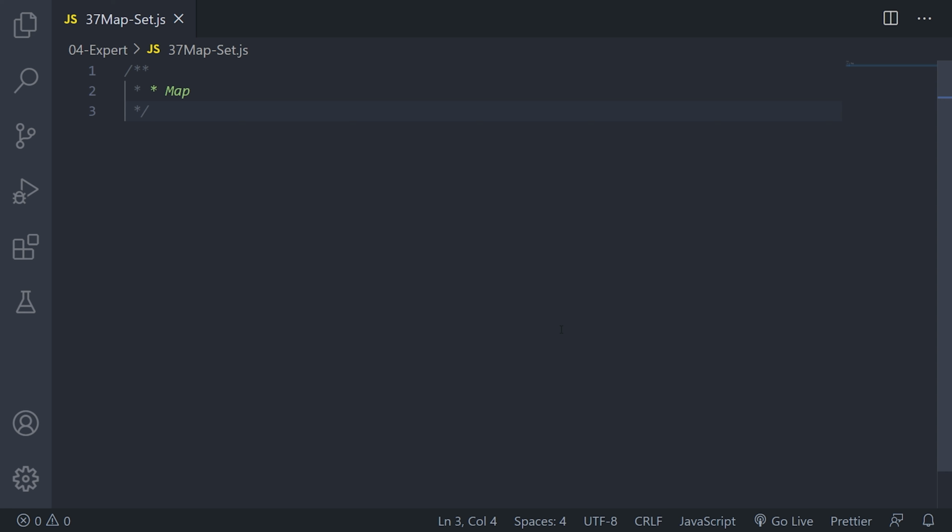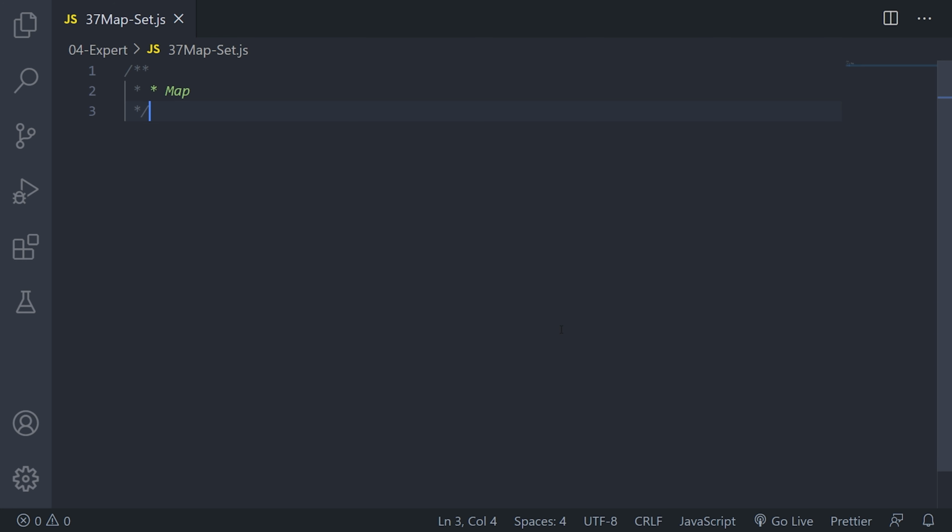Now that we know about objects to store keyed collections or key-value pairs, and arrays for storing an ordered collection of similar or different types of data in a single array, that is not enough for real life. That is why we have a map data structure in JavaScript. There is also one more data structure known as a set, but we will see it in a later video.